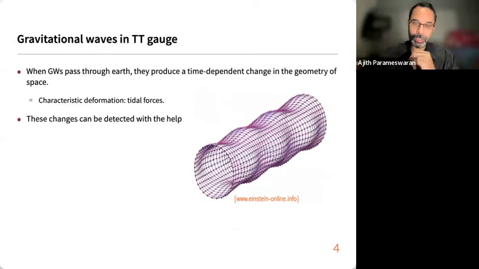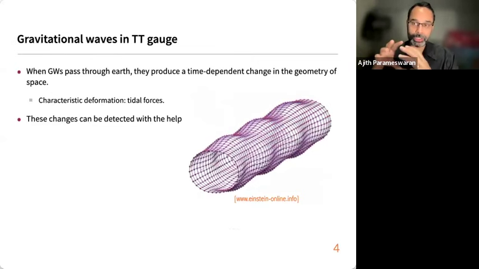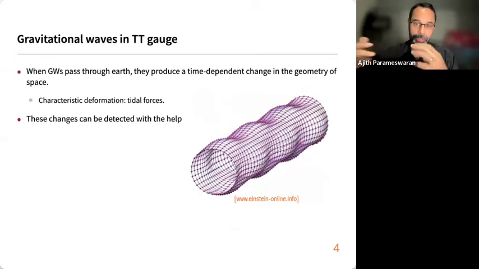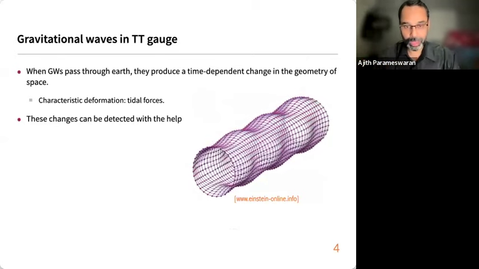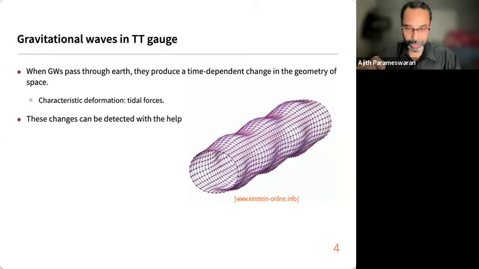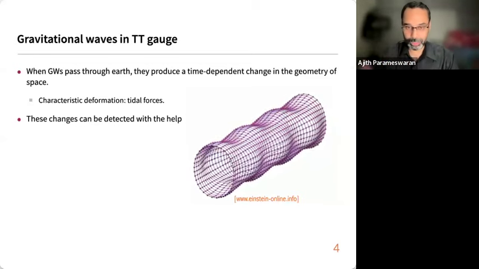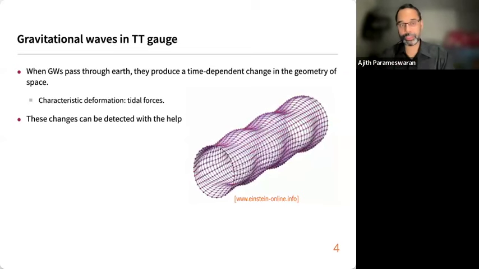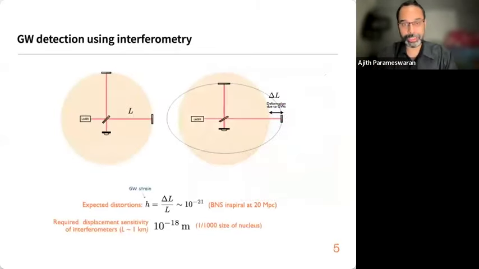spatial metric, the component of the spatial metric perpendicular to that, and changing the proper distance between points that are in a plane perpendicular to the direction of propagation. So you can see that each circle is deformed into ellipses like this, and these propagate, and these are the gravitational waves. Now, a simple way of detecting these